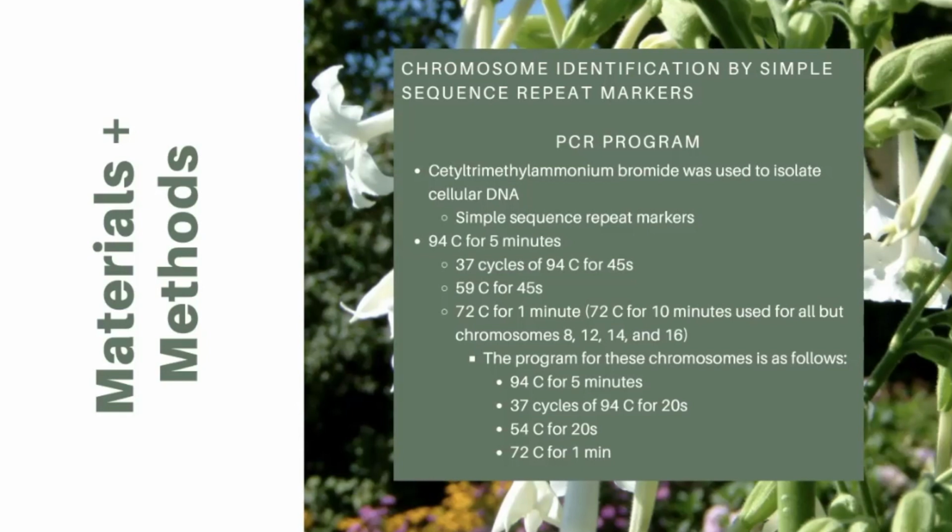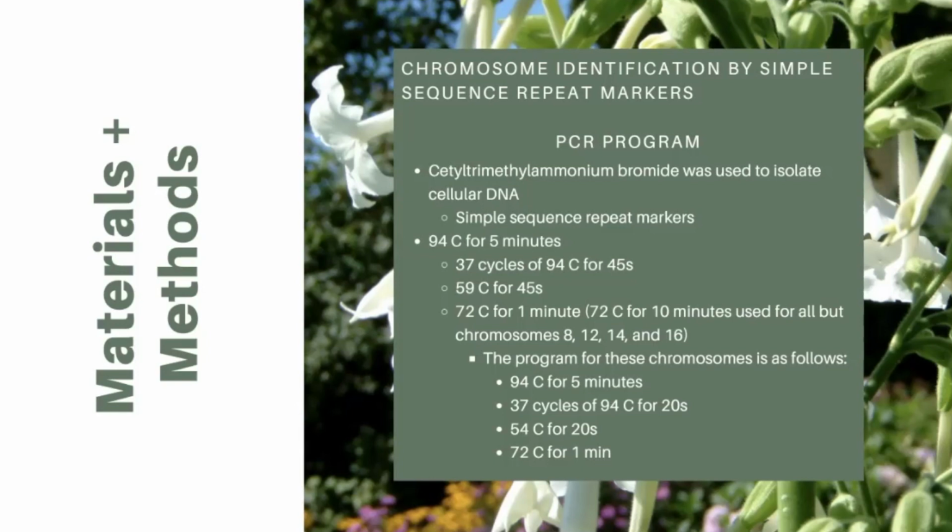And this kind of allows the nucleotides to be added. Part of the cycle continues with 72 degrees Celsius for 1 minute. And 72 degrees Celsius for 10 minutes was used for all of the chromosomes, except the ones that were 8, 12, 14, and 16. These chromosomes went under a different PCR program, and that consisted of 94 degrees Celsius